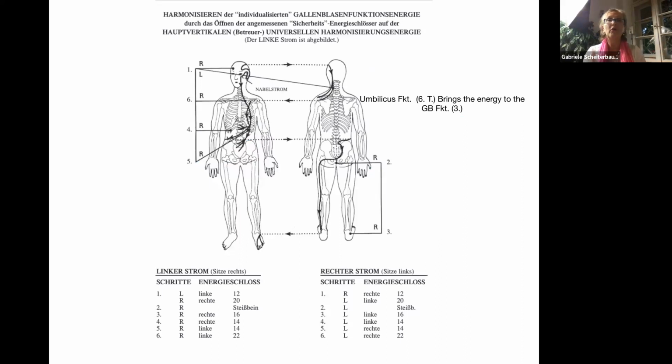But before I go further, I show you the gallbladder function energy, because when we go to the flow pattern, we start with 12 and opposite 20. That is already the mediator working, because we cross lines. And the 12 is at the middle of your cervical. It's a 4 cervical, and it is represented through sun, and sun is 7. And 20 is at the forehead, and we have also depths at the head, and at the forehead we have here the 5th depth,